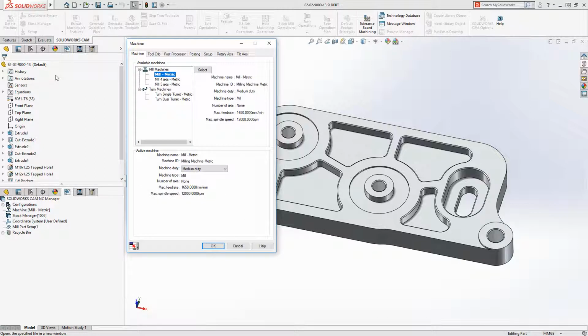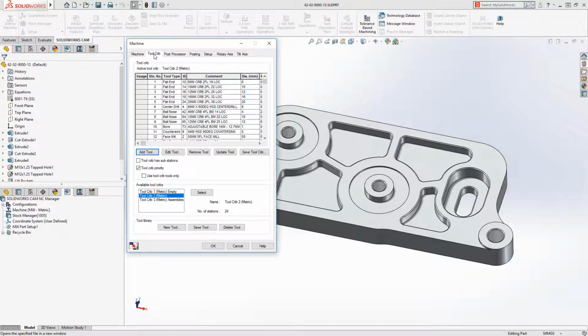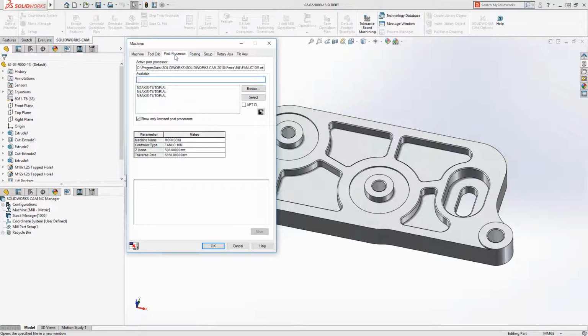Opening that up, you'll be presented with a list of your available machine tools along with their parameters, and you can choose which machine you want to use. The Tool Crib tab displays all of the tools in your inventory. SolidWorks CAM can be configured to only assign tools to operations that you have available. This can eliminate the cost and risk of purchasing extra tools by mistake when you already have one that could be used. You can also choose which post-processor to use, and in this example I'll stay using the default FANUC